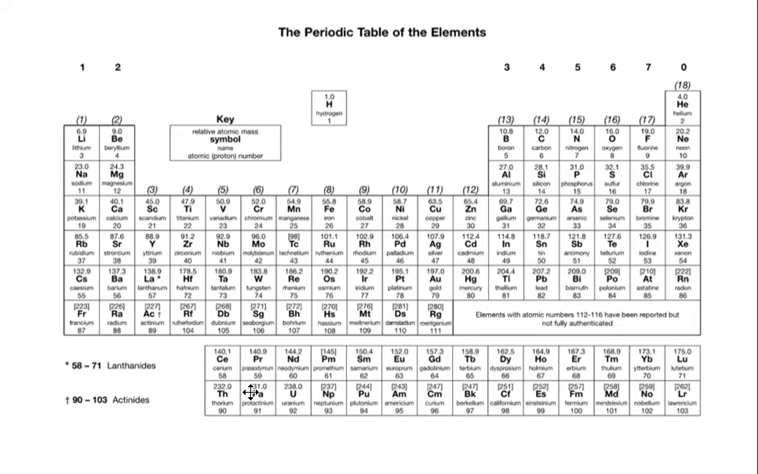Okay, so what we're going to do is have just a little look at the periodic table and annotate our periodic tables with a few key things that we will need to know. The first one we're going to have a look at is where the metals are separated from the non-metals